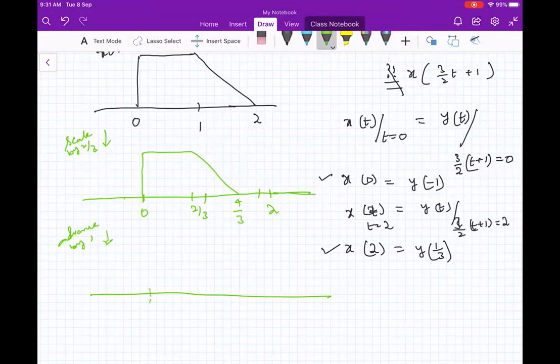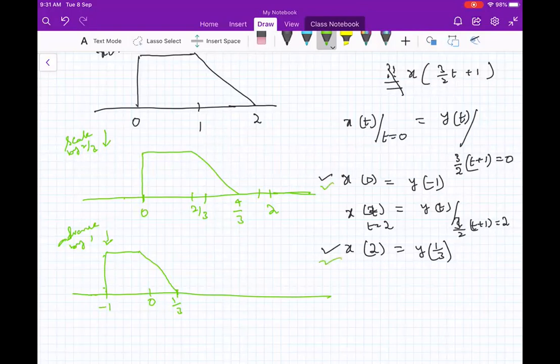So where should I start now? The signal advanced by 1 unit means where will the first non-zero value be? Yeah, at -1. Okay, so at -1, and then up to where should I go? What is the end point? 1 by 3, sir. Yeah, very good. So it will be 1 by 3. My scales may not be very accurate, but I think it's okay. Hope you can understand. So whatever we have got is here. These are all agreeing, right? You can see that this is one endpoint and this is another endpoint.